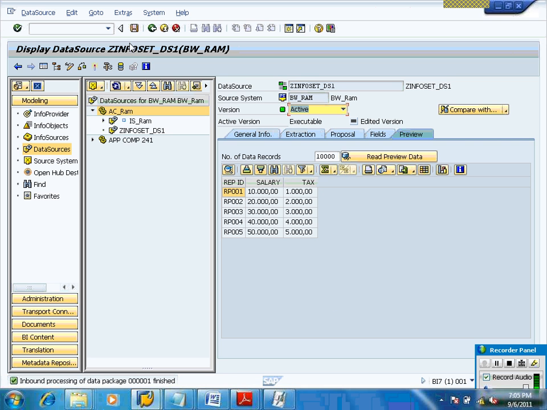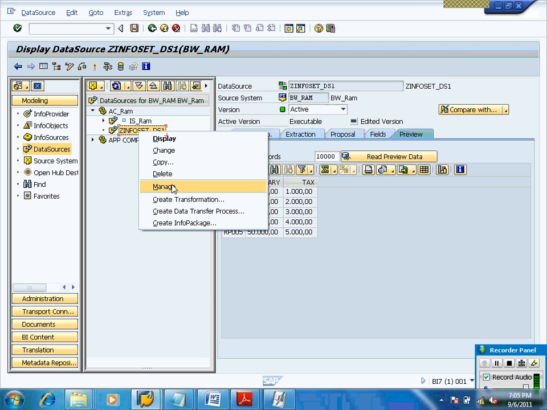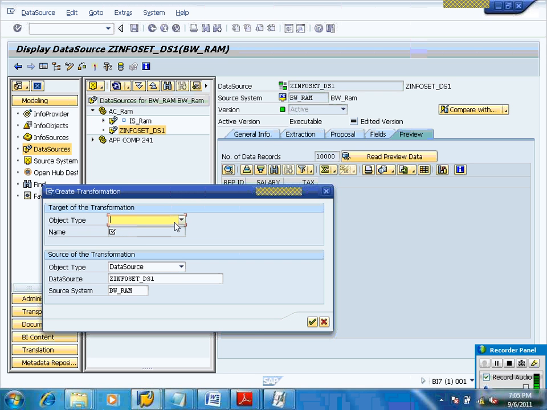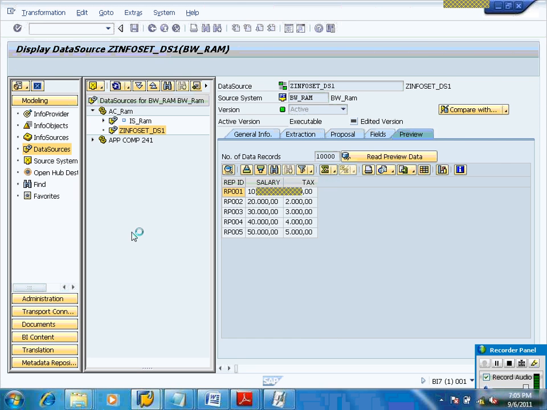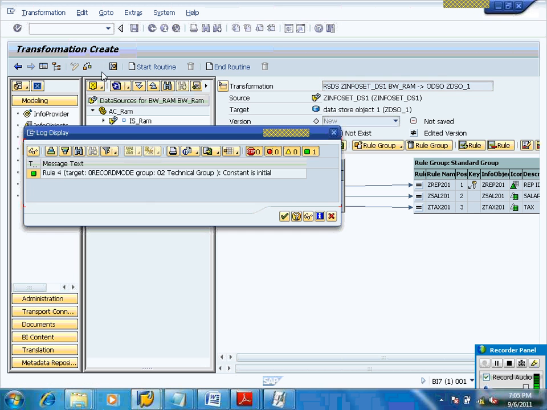This is the information you are getting. Then create transformation. You need to create transformations in between DSO and data source. What is your DSO name? Then activate. Click on continue.